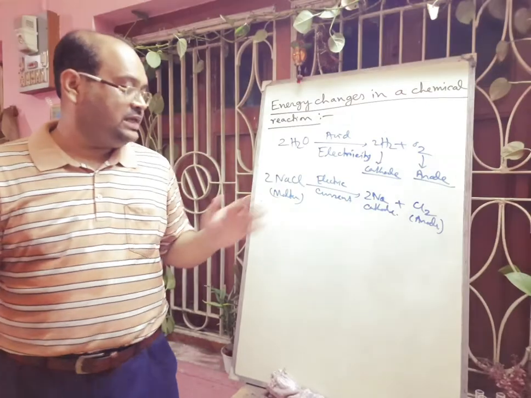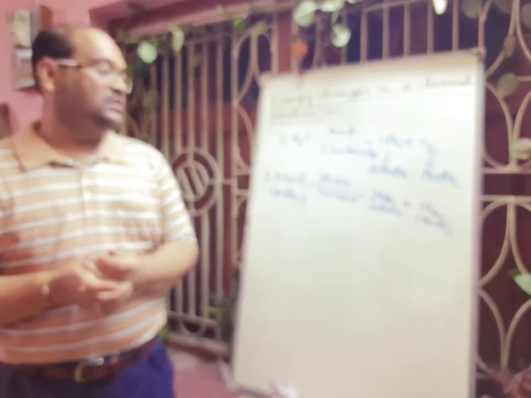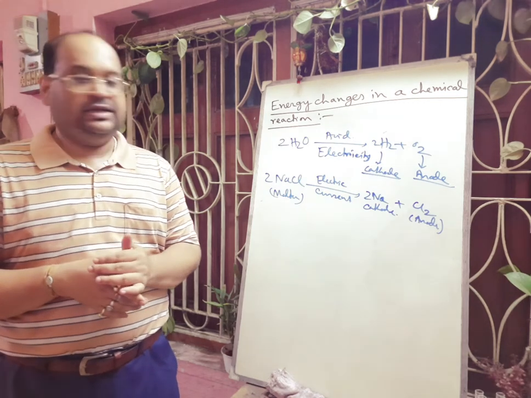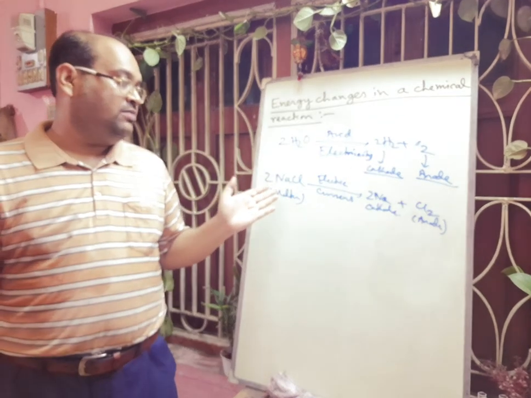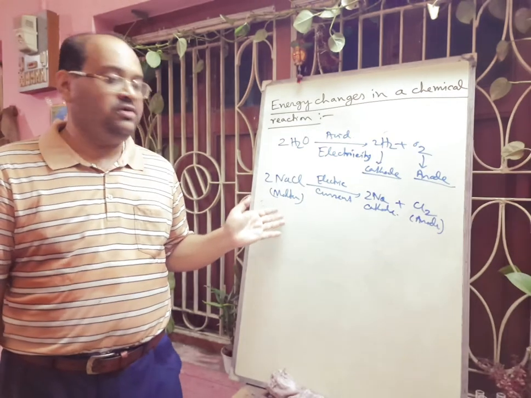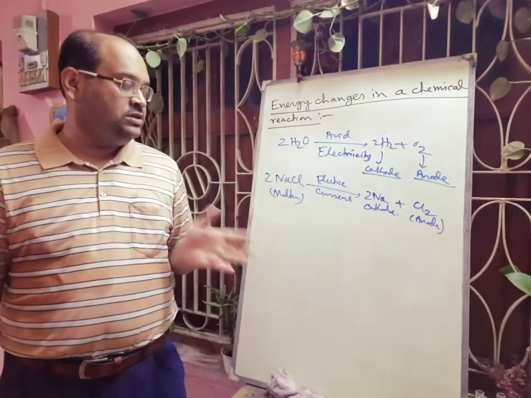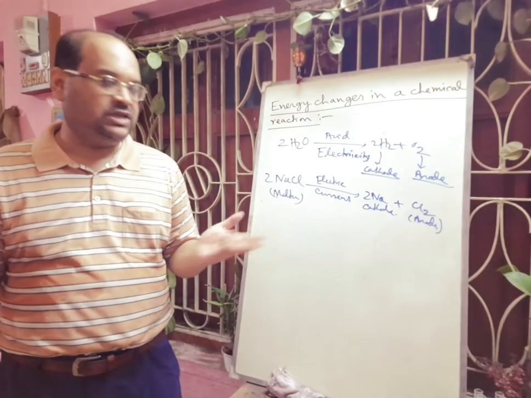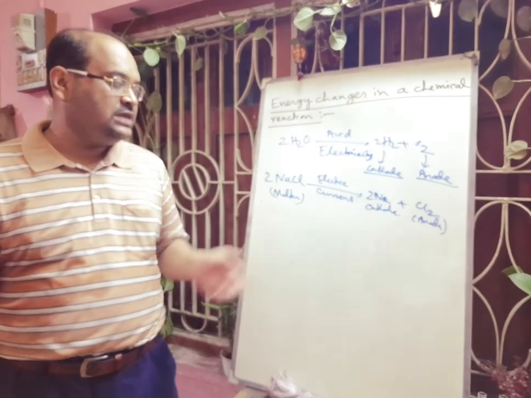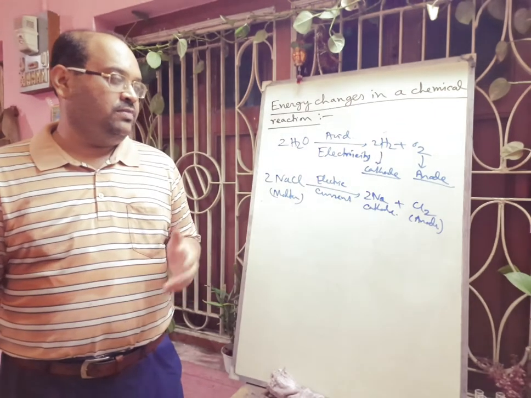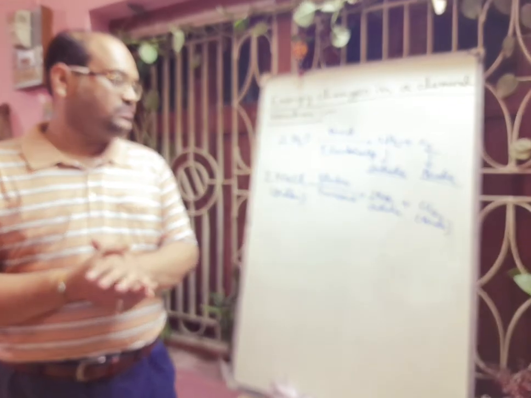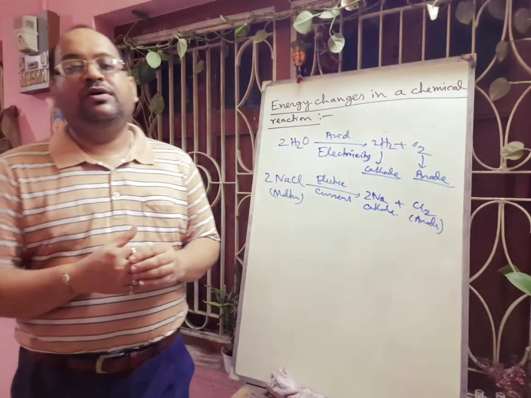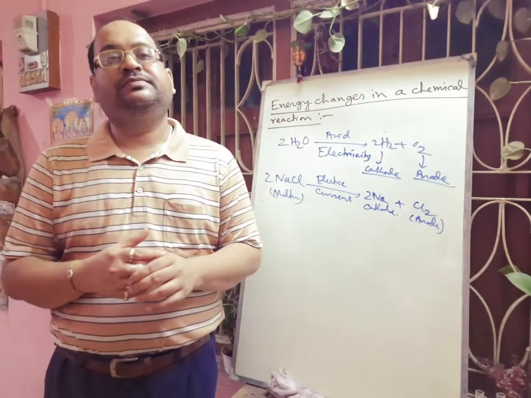But if we take solid NaCl, as there are no free ions, it will not conduct electricity and there will be no electrolytic reaction. So you have to take either molten sodium chloride, or you can take an aqueous solution of sodium chloride, but their products will be different because water will also dissociate to produce H plus and OH minus, and that we will discuss in the chapter of electrolysis in class 10. So in this way we have completed this chapter.